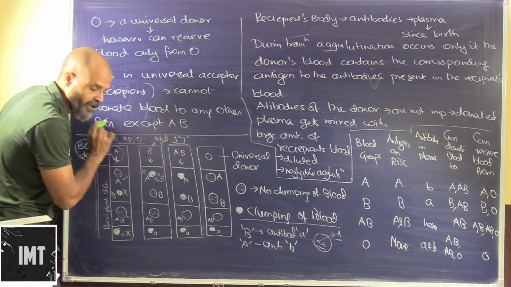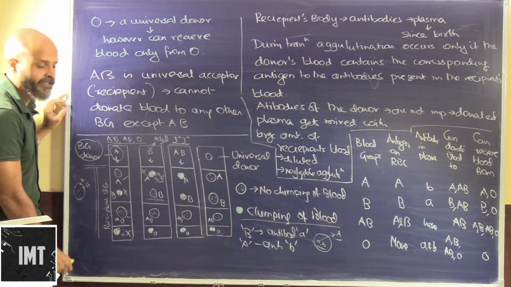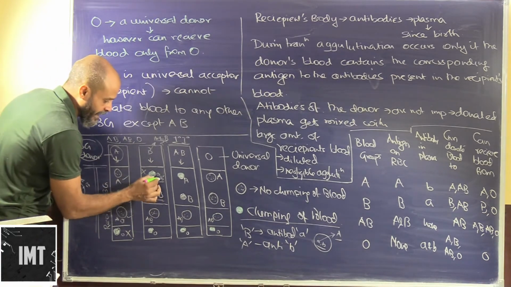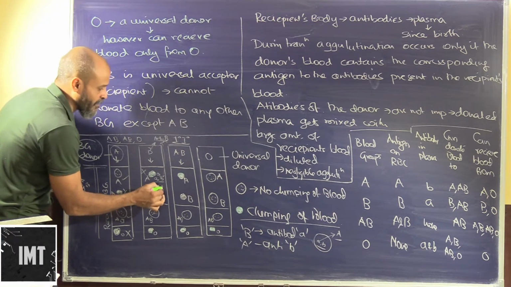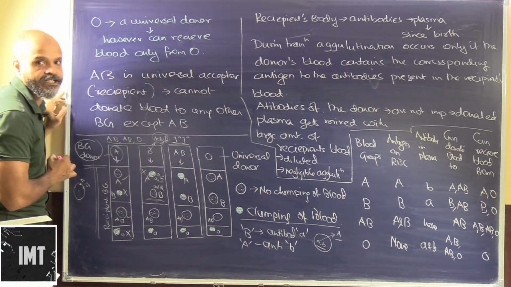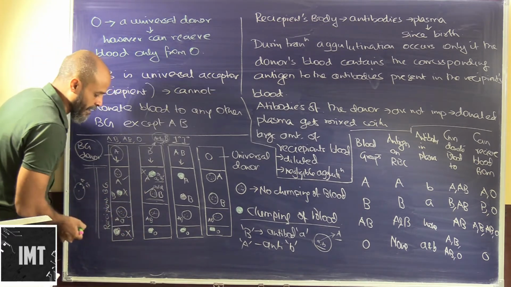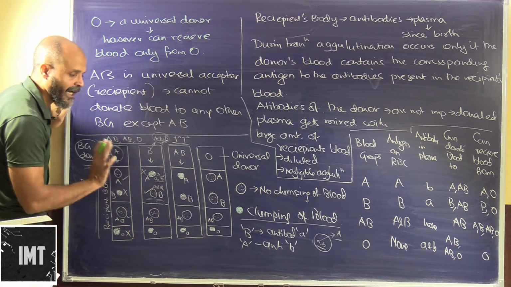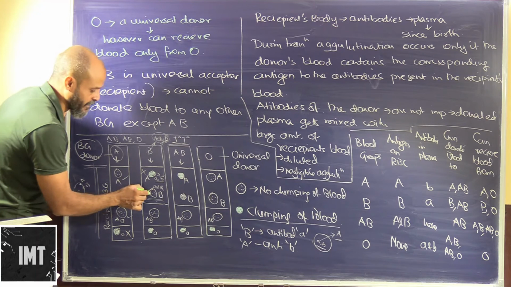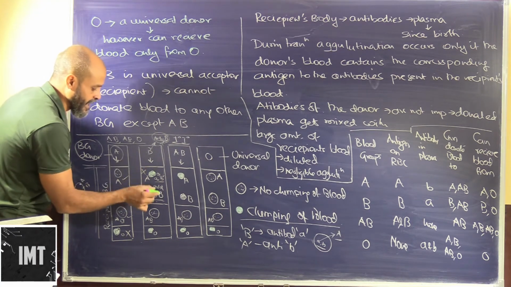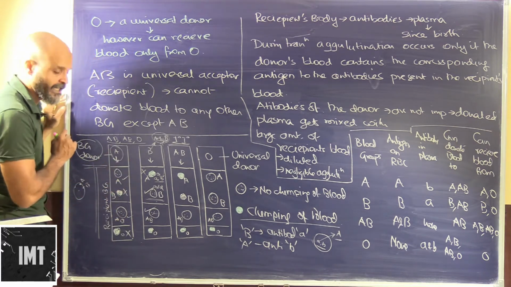If a person having blood group B donates blood to a person having blood group B, the recipient will have antibody A. Antibody A will not react with antigen B, so it can be transfused. Again, blood group AB, we know they don't have any antibodies in the plasma, because of which it can be easily administered. So yes, it can be administered. Again, O will create a problem. Why?